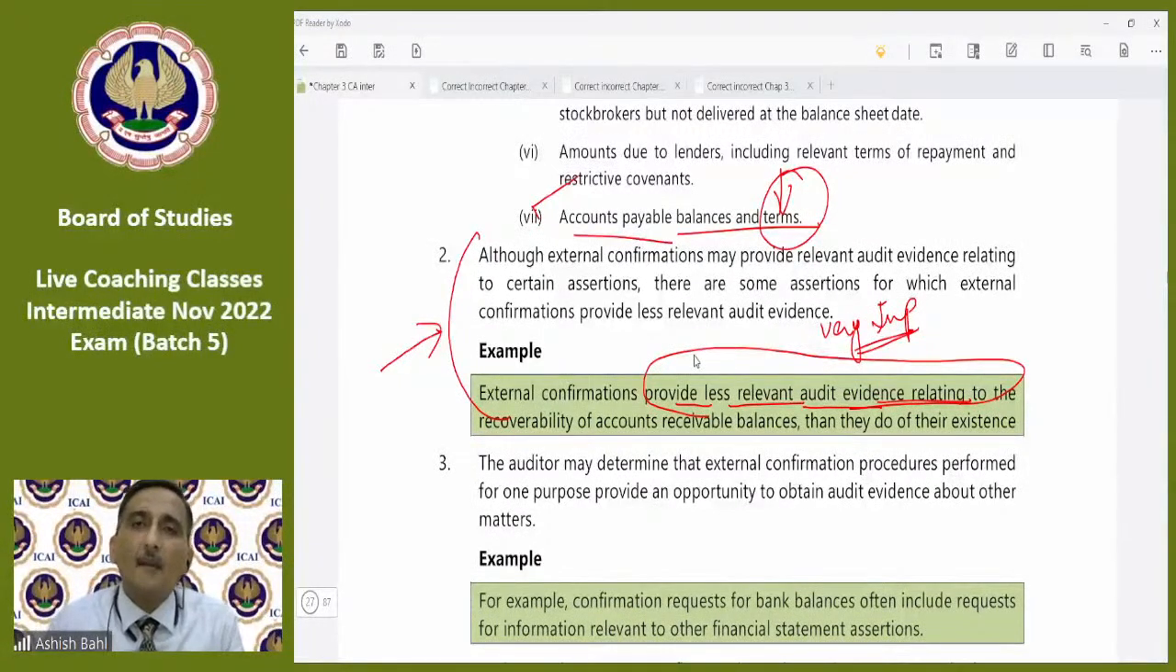Say in case I am trying to confirm the balance from such a party which is on the verge of bankruptcy. Okay, so the recoverability of the amount itself. So in such cases, the reliability of the audit evidence would be low. Okay,